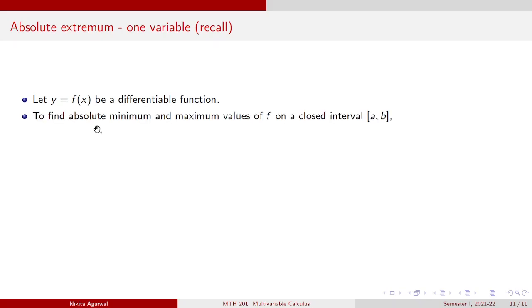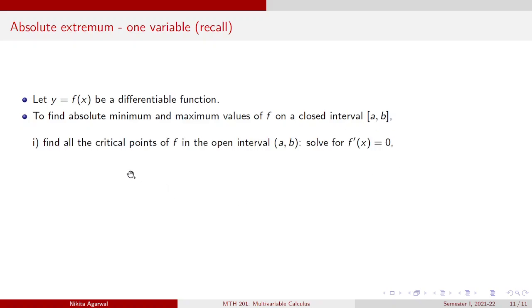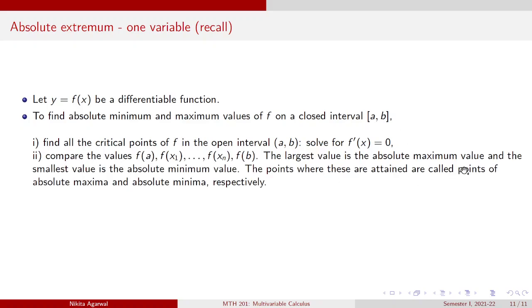To find absolute minimum or maximum values of f in some closed interval [a, b], first of all, you find all the critical points of f in this open interval (a, b) by doing what? By solving f'(x) equal to 0, right? Then you look at the values of the function at all these critical points, let me call them x1 through xn,